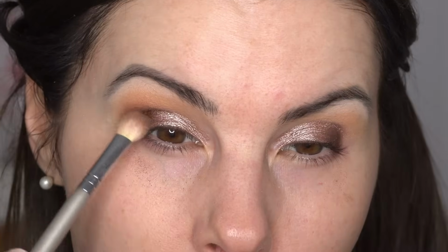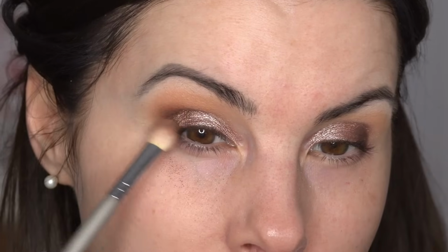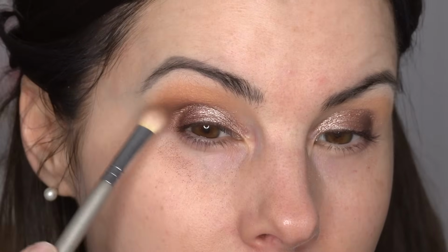We'll see how this wears throughout the day, but I know Night Out really lasted well. So I would say my biggest complaint with these palettes is that they can have a little bit of kick up in the pan. You kind of have to build the mats up just a little bit, and they can have a little bit of fallout. I know those things might be a deal breaker for some people, but if you are on a budget and looking for a super affordable everyday palette, I think, like I said, this